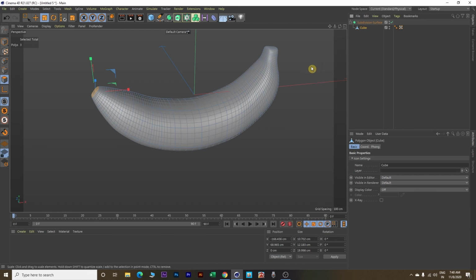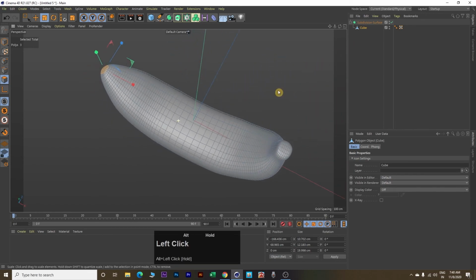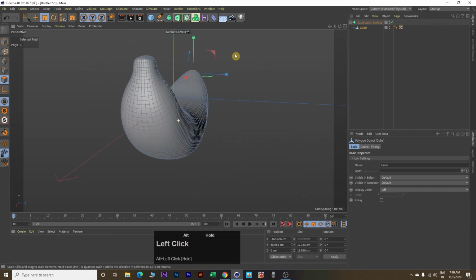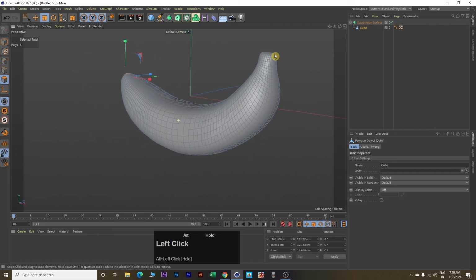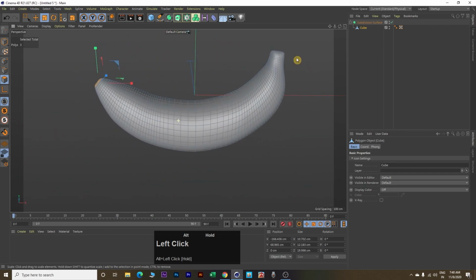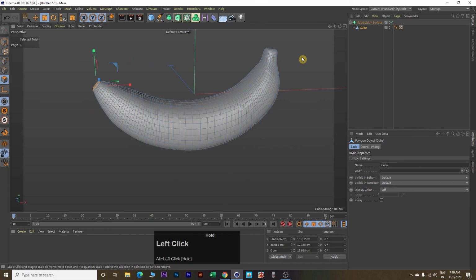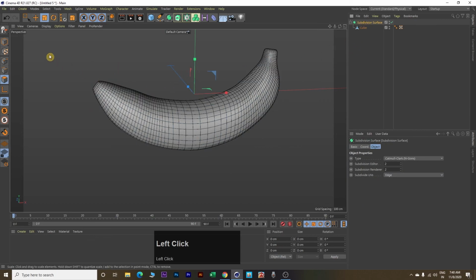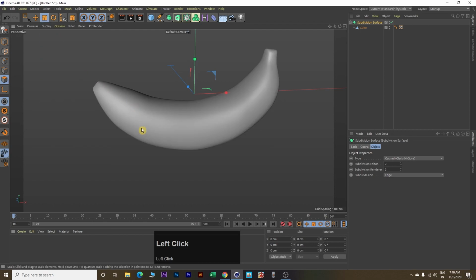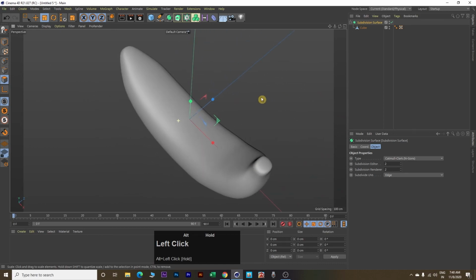And wow, let's look at our banana. Wow, this looks so smooth and so curvy and so perfect. Now click on this subdivision surface here and then go to display and click on Gouraud shading, and this is how our banana looks.